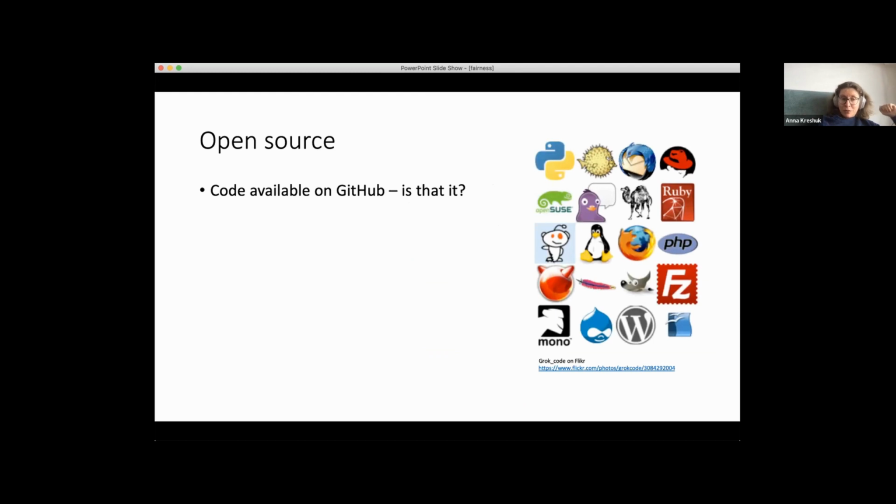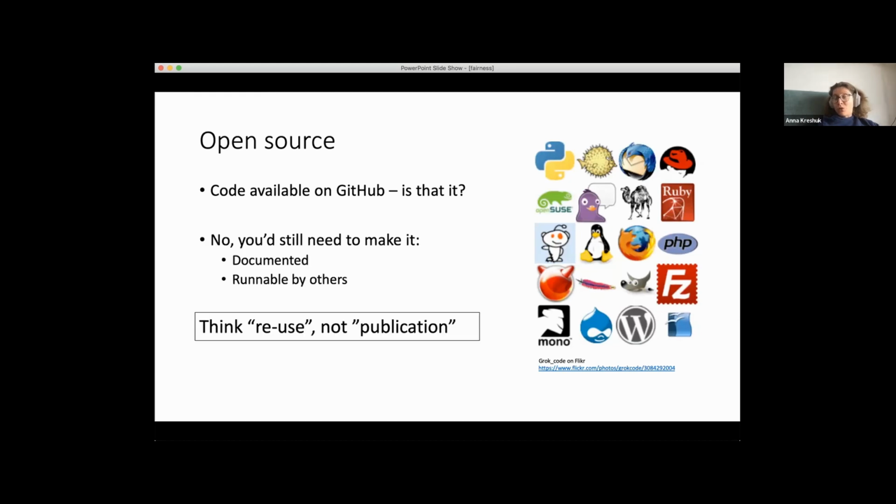So if you just think about open source, if you put the code on GitHub, I'm sure you will look into that more in your whole days dedicated to open source. So I just wanted to throw it out there for you to think about. If you just put your code available on GitHub, or even worse, like people used to do a few years ago, if you just zip your code and put it up on some institutional file exchange, is that enough? Probably not. It's already better than nothing, but you would still need to have it documented and especially runnable